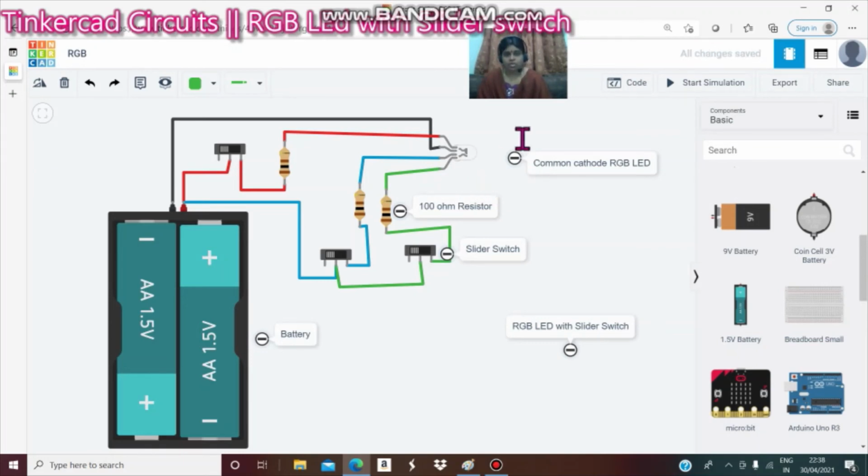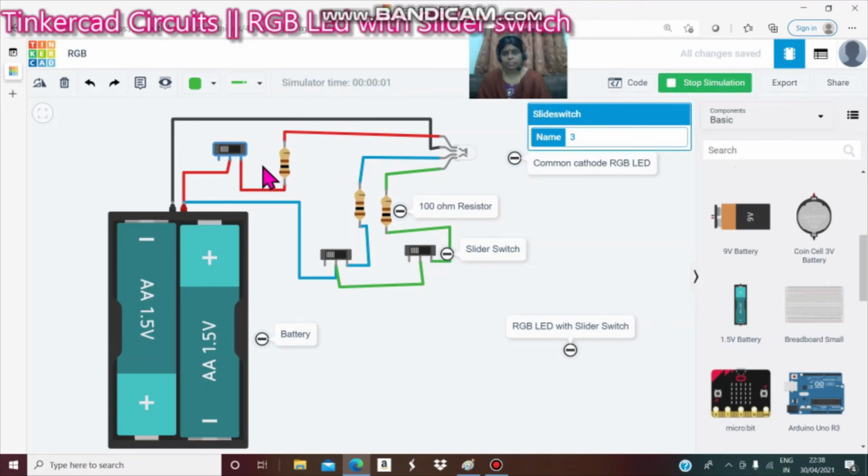Okay viewers, now we have to check. When we move the slider of the switch, you can see the red, blue or green LED. When you switch on, you can see this red LED, then switch off.